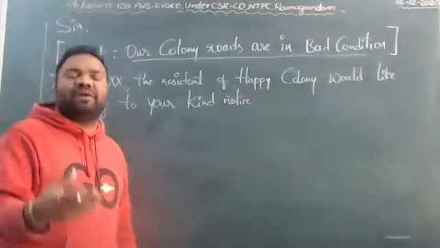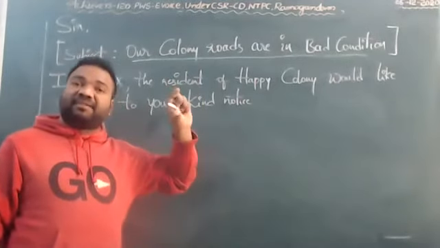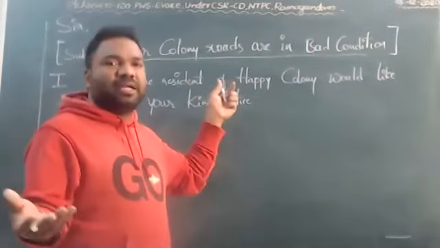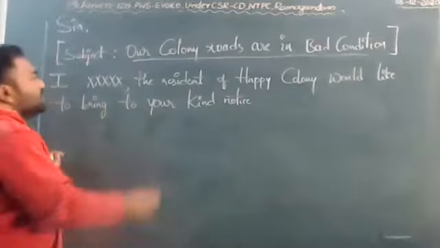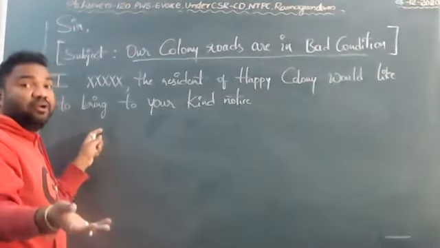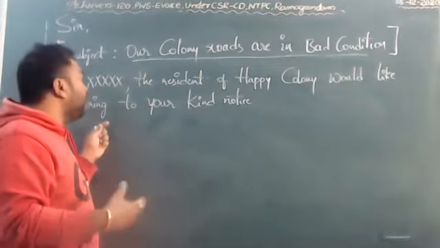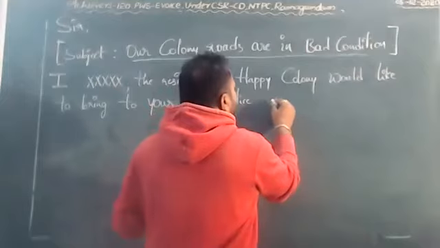That would be relevant, but it's okay, as we already mentioned it in the standard form. It is also fine if you don't mention it, no problem. Okay, so the resident of Happy Colony would like to bring to your kind notice. We are going to bring the issues. Okay, what we are going to bring to your kind notice